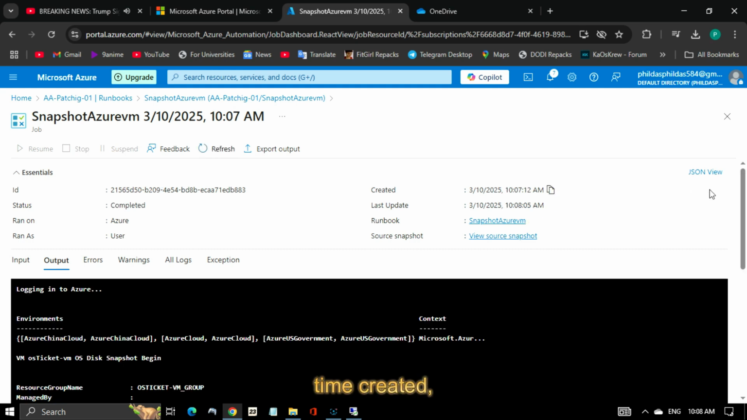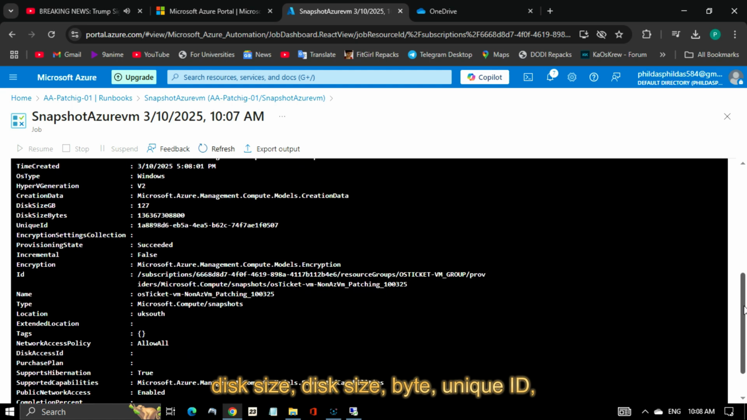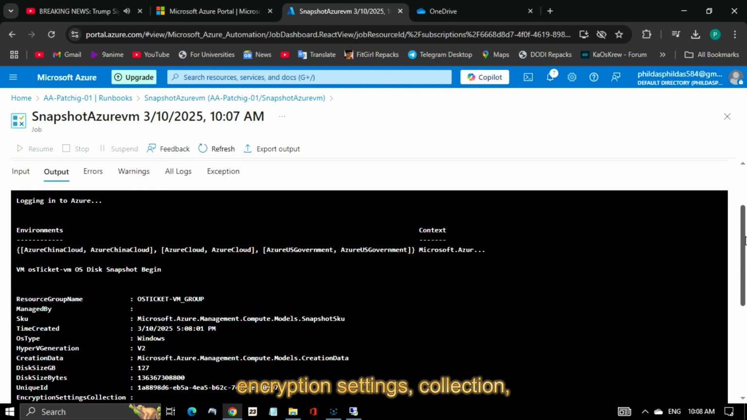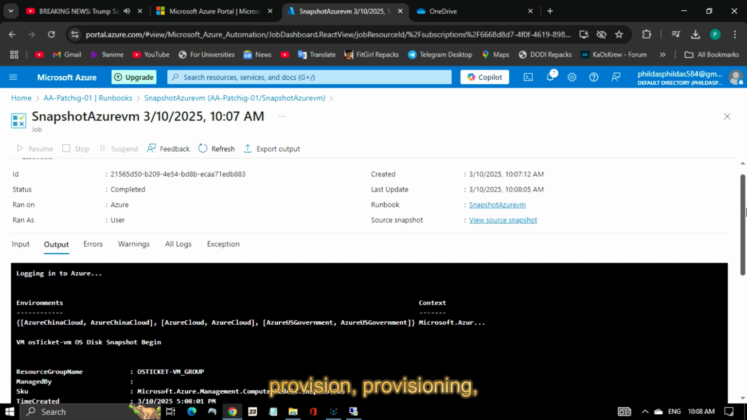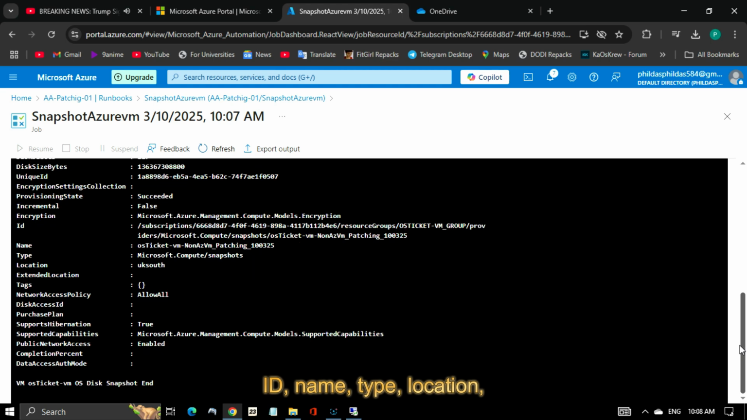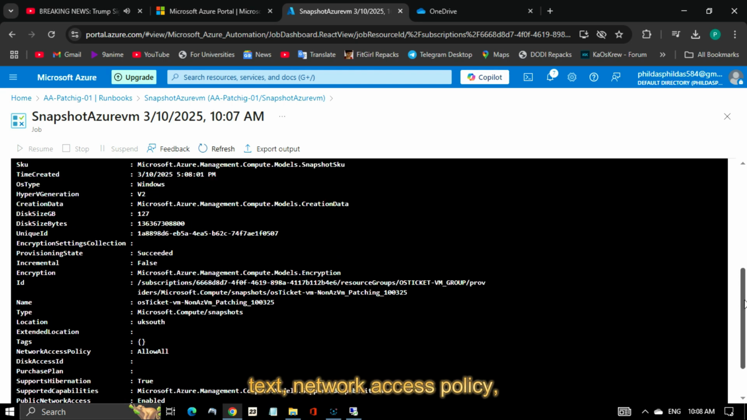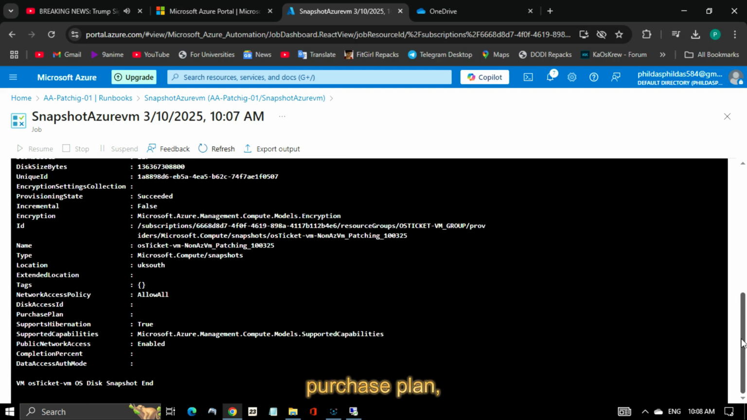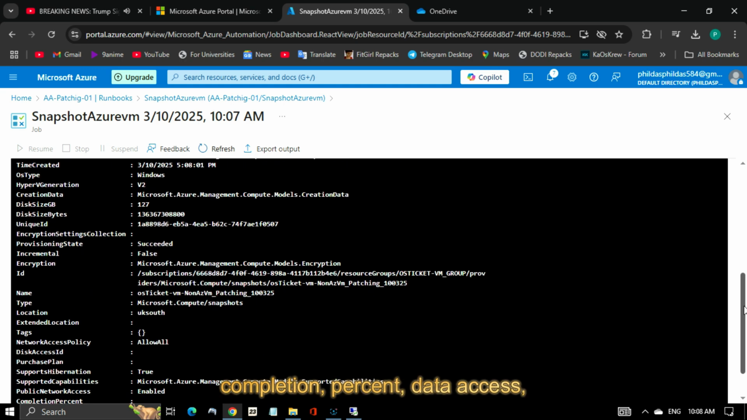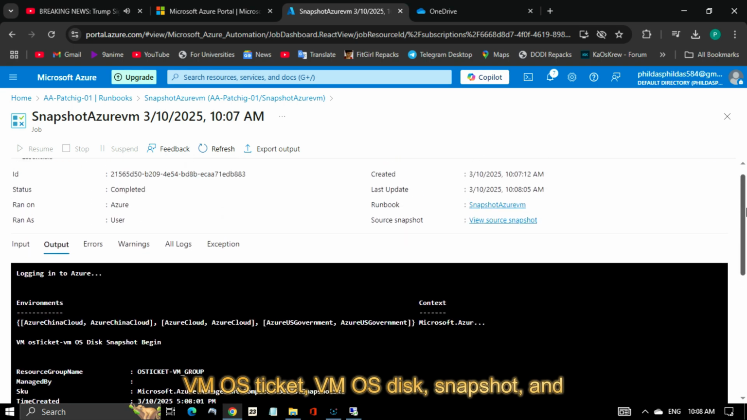SKU, time created, Hyper-V generation, creation data, disk size bytes, unique ID, encryption settings collection, provisioning state, incremental encryption, ID, name, type, location, extended location, tags, network access policy, disks accessed, purchase plan, supports hibernation, supported capabilities, public network access, completion percent, data access, authenticate mode, VM OS ticket, VM OS disk snapshot, and